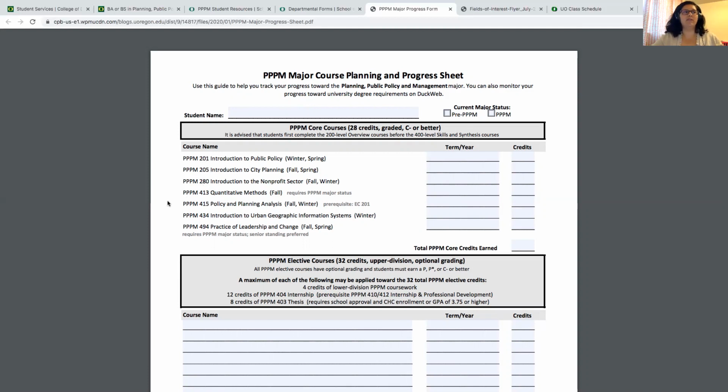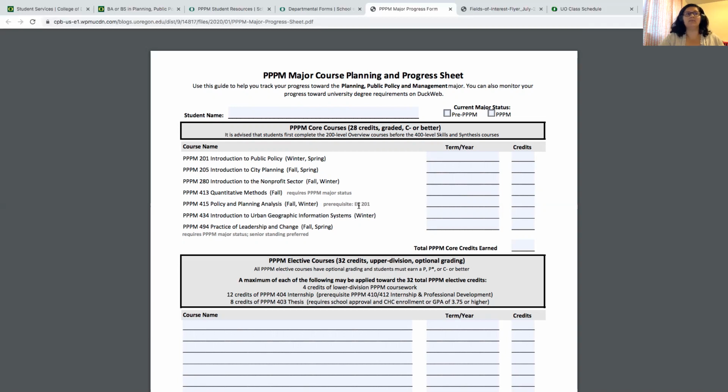Generally for students that are beginning their 3PM journey, registering for their first term or completing classes for this first year, you want to make sure that you complete a majority of these introductory courses, so 3PM 201, 205, 280, as well as Economics 201.